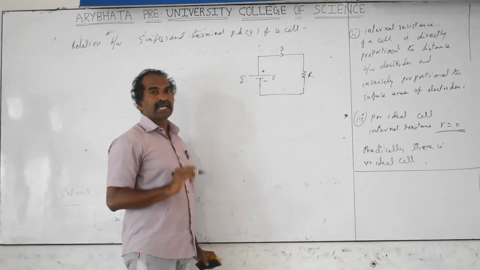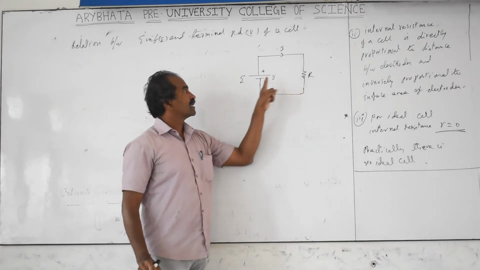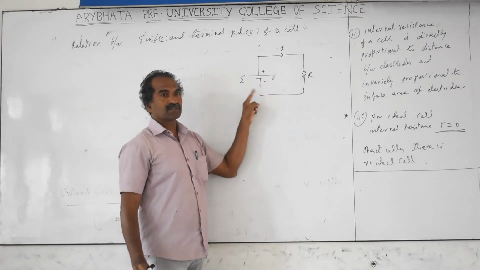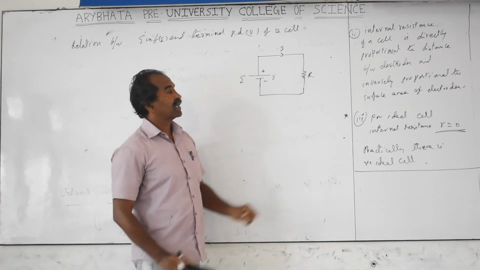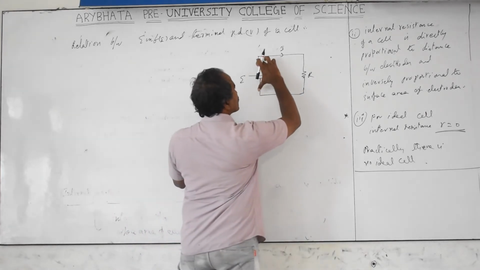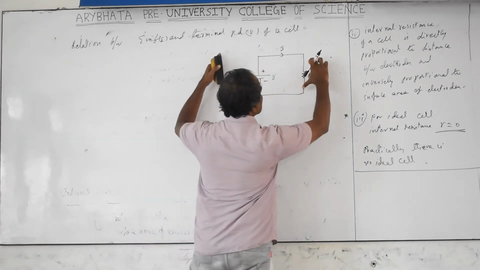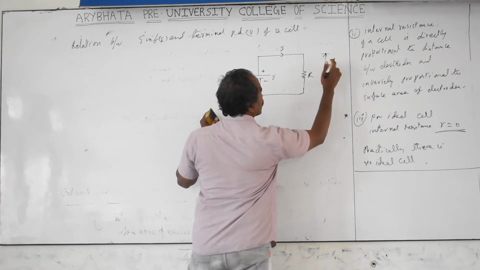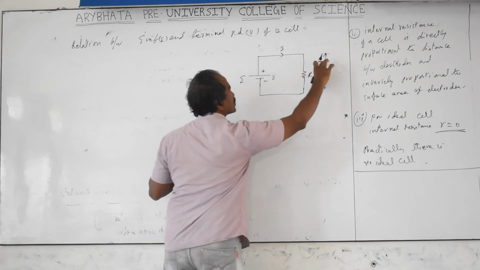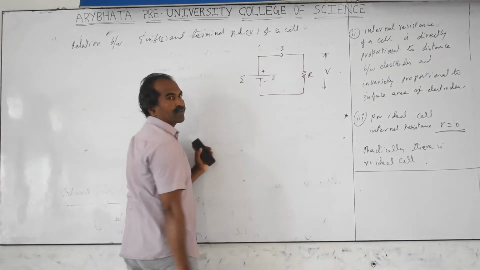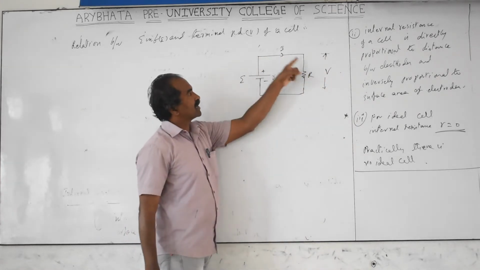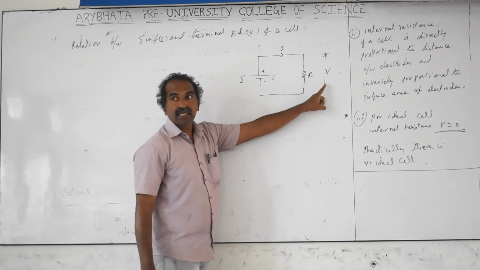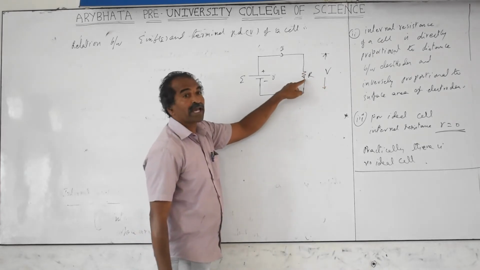The same current has to pass through the two resistors, R capital and small r, so R and r come in series. But the voltage V across the cell is across this R; both are parallel. This is the circuit diagram. So the potential difference across R is equal to V. This is called the terminal potential difference because it is across the same terminals of the cell. EMF makes the current pass through the external resistance and the internal resistance, but V makes the charge move only through the external resistance.